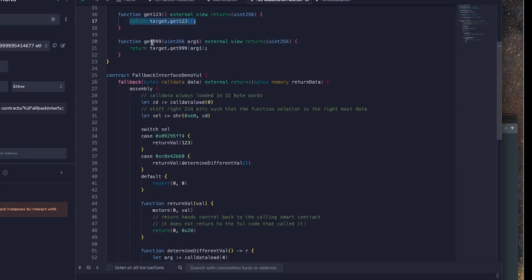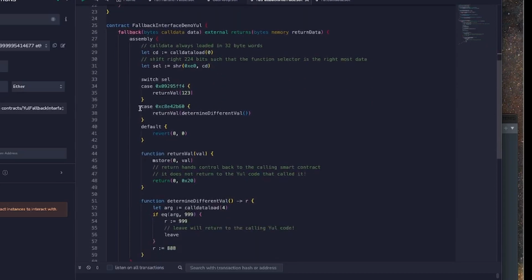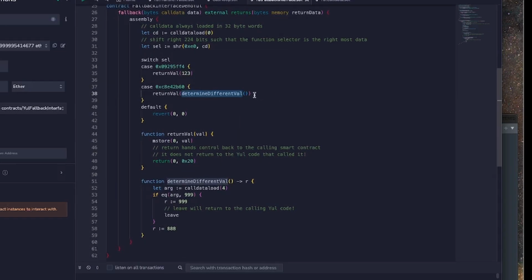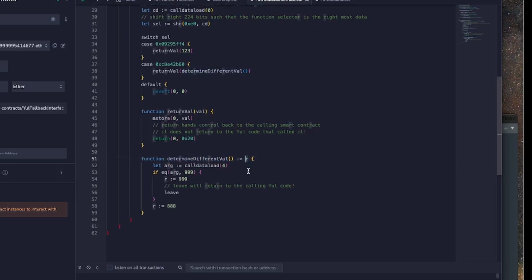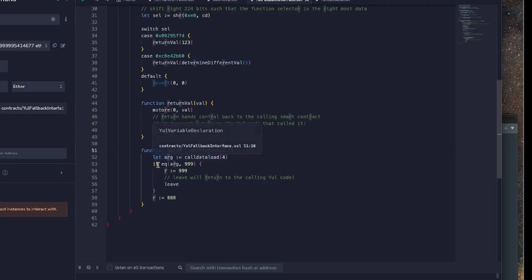The second example, which is the get999, is almost the same, but instead of hard coding a value to return, we call another function in Yul which returns the value that we want to return. This is just done so that we can see an example of returning a value in Yul. So this function, determineValue, returns this value r. The value r is set depending on the first argument of the call data. So we load the call data again, but this time passing in 4,